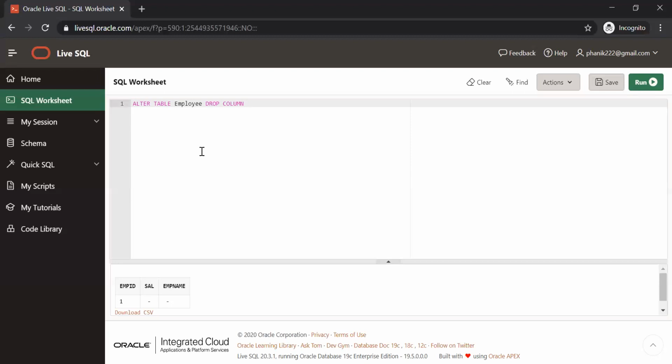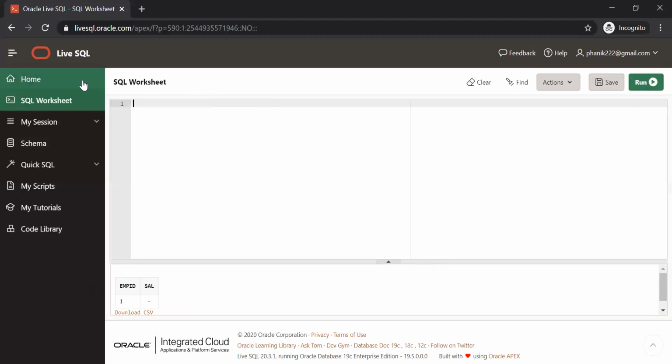What type of thing you want to drop? Is it a constraint? You should specify drop column, EMP name. You need not specify the data type. Now if you see, you will not have that column.